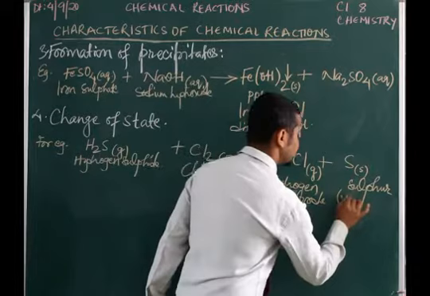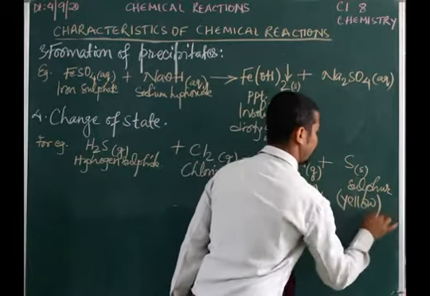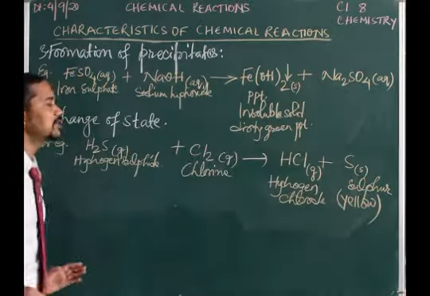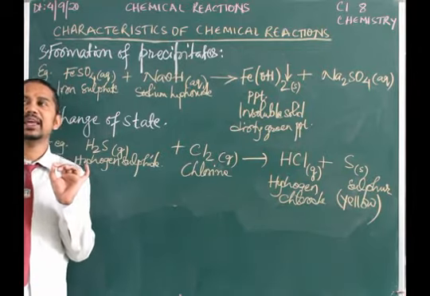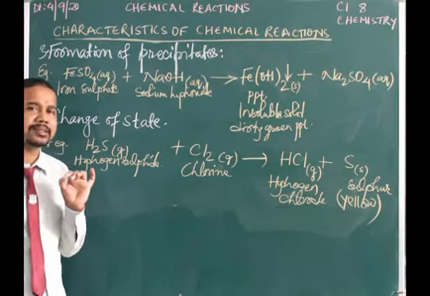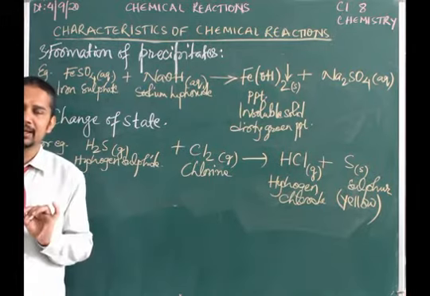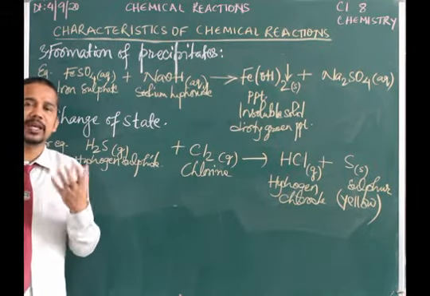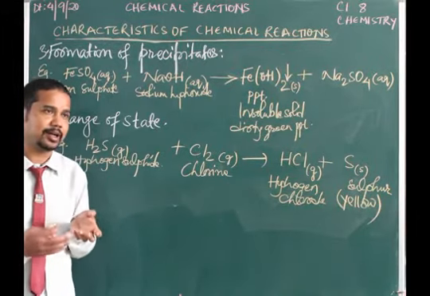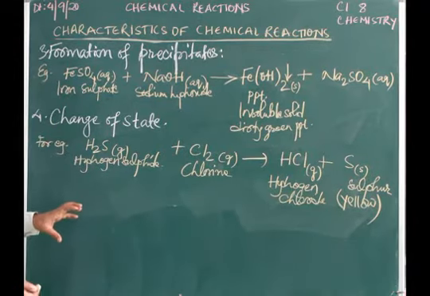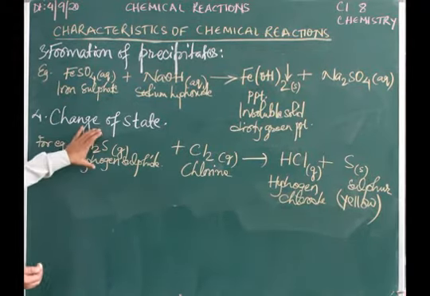The color of this is yellow; a solid substance will be formed. Hydrogen sulfide is pungent. It has a very pungent smell of rotten egg. You are familiar with the smell of rotten egg, so if you are familiar with it, then it will be easy for you to know about hydrogen sulfide gas. Hydrogen sulfide gas also has a pungent smell like that of rotten egg.